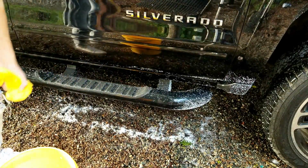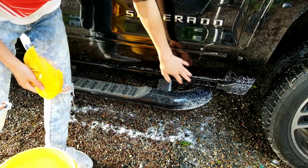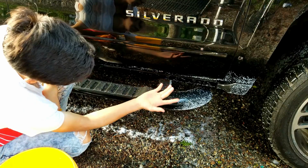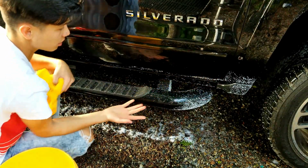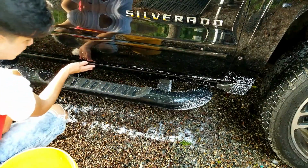Wow, so as you guys can see, you are really killing two birds with one stone. By taking the paint off and cleaning your paint up, it makes it shine a lot more, as it takes all contaminants out and it's removing the paint. So as you can see, it did a really nice job of it. And I stopped about right here, so I got to do this side over, and then the under part of the car,